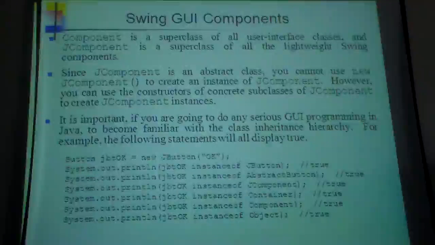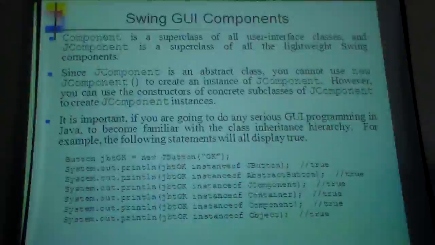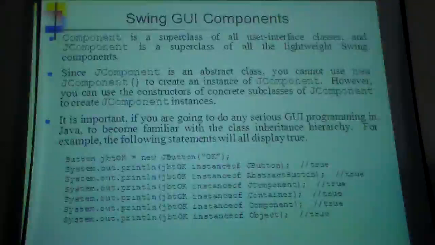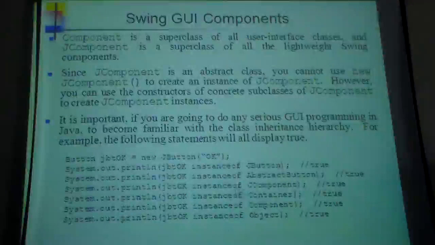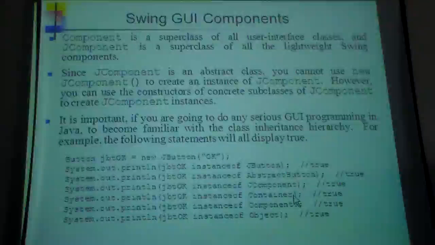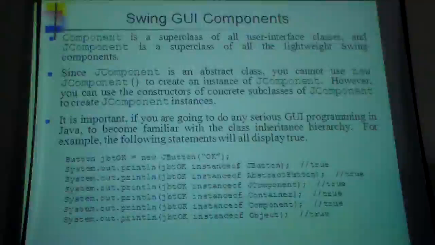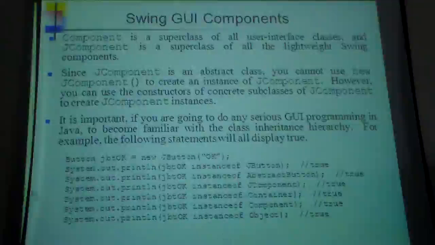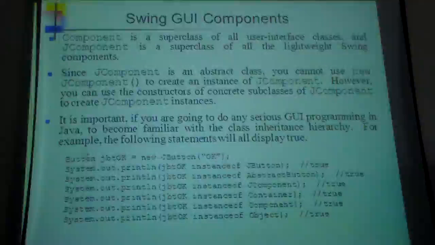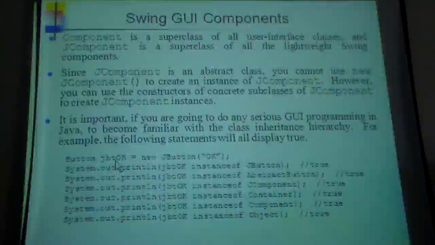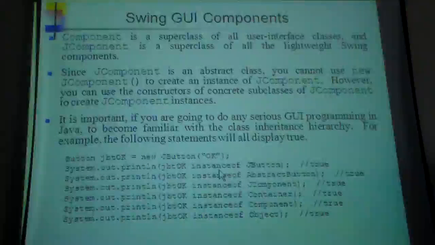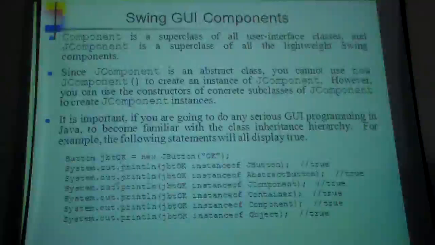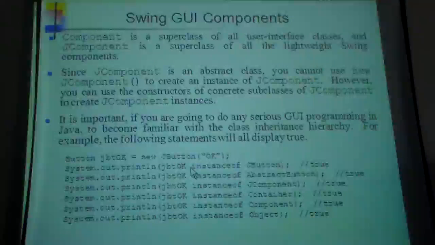In the previous slides, we saw the hierarchical and the inheritance through the UML. Java also has some statements which can tell us which class an object inherits from. For example, if we have a class and we create an object, and we need to see which class it inherits from, we can see it by this word